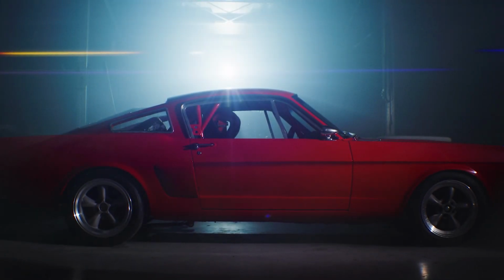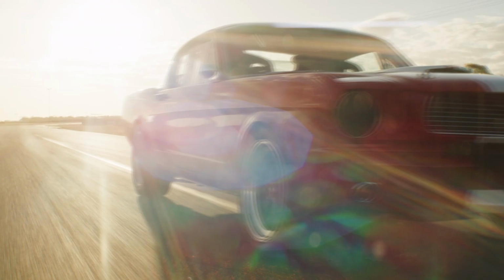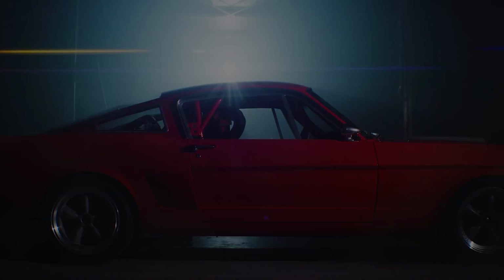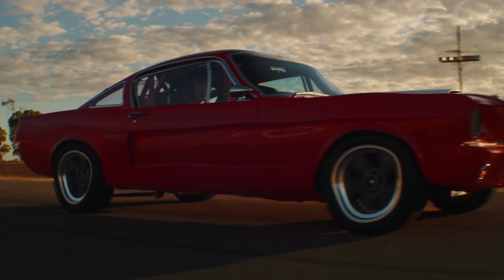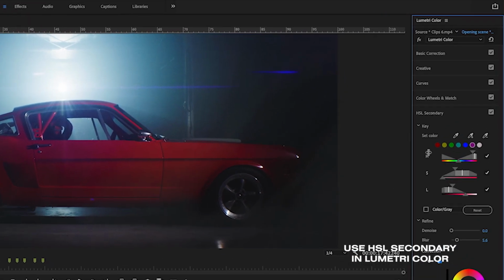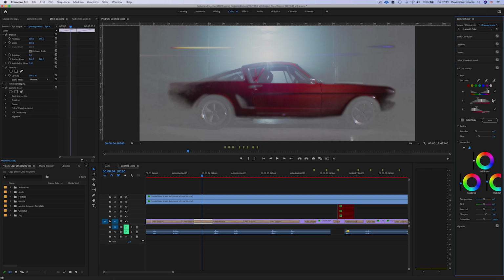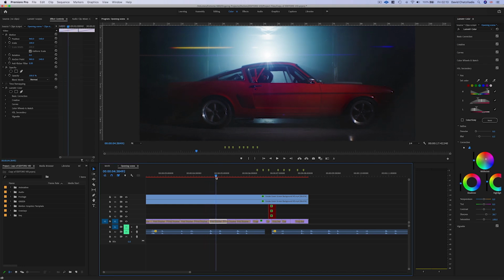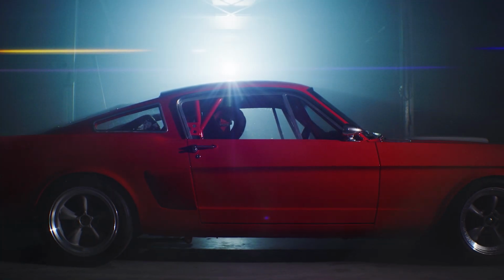Throughout the whole thing, I wanted to have like a heartbeat. So I was trying to think of like a storyline almost. So I liked having this heartbeat throughout the whole thing, and then this kind of droney tremolo synth bass. I used an HSL secondary to key out the red, then I animated it throughout all these clips. So each of these clips has a different value of red, so it gives you that illusion of pulsing